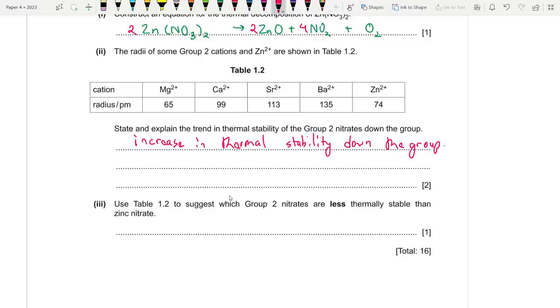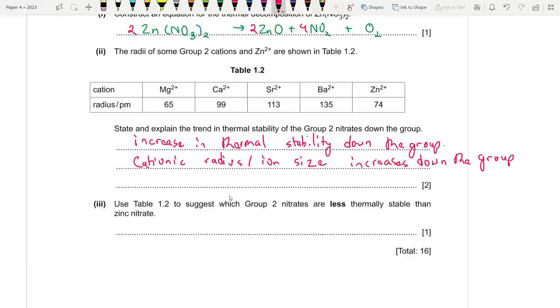So we got 1 mark for that. No, we don't actually get 1 for this. We have to write the other point as well, that cationic radius or ion size increases down the group. Ion size increases